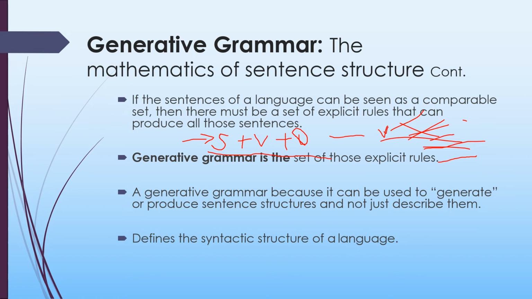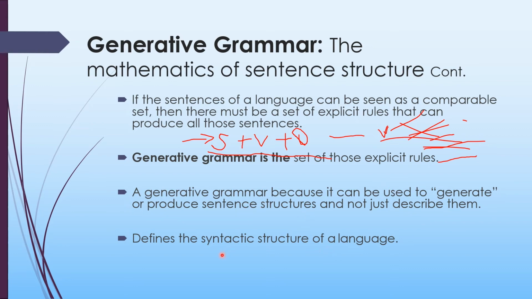Generative grammar refers to the idea that by learning explicit rules, we can produce or generate an infinite number of sentences. It is called a generative grammar because it can be used to generate or produce sentence structures, not just describe them. So we will not only be able to describe them, but also produce sentence structures,